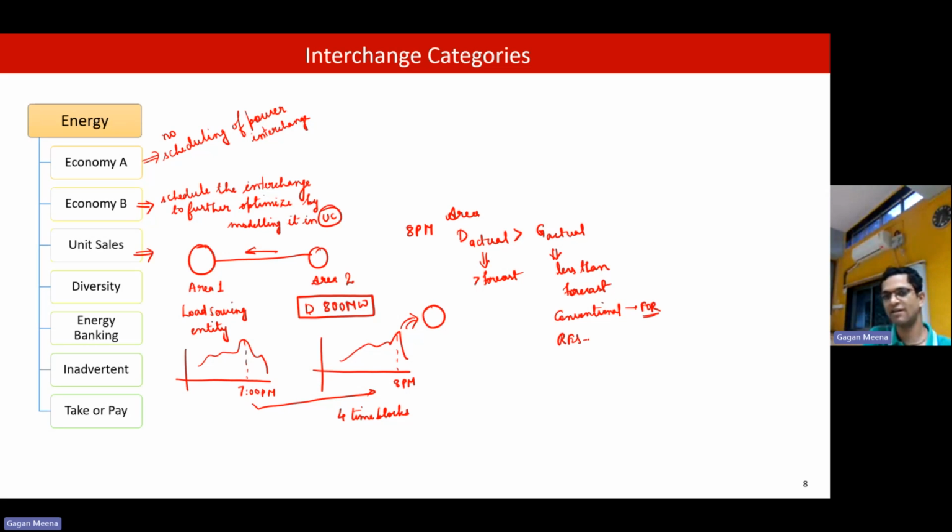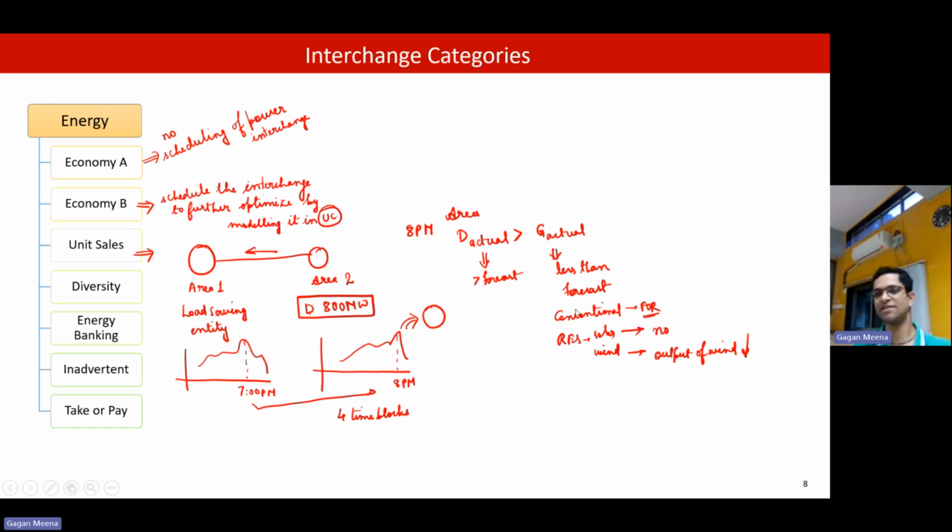If renewables are there, then we have solar or wind. Let's say solar is already out at 8 p.m., no solar, and the output of wind is very less because of the high temperature in surrounding areas, so there is no pressure difference. So the output of wind generators is also less. Conventional is on forced outage and wind output is also less. And let's say if storage is there and the charge in the storage is not enough, then